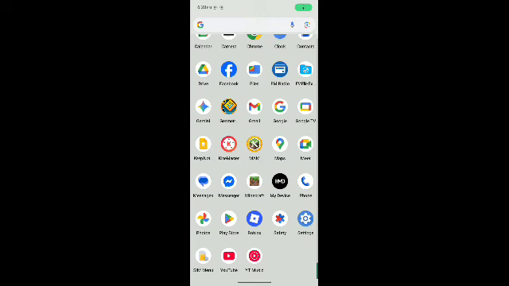Now we're gonna quit Minecraft, and download MEM and open it up.